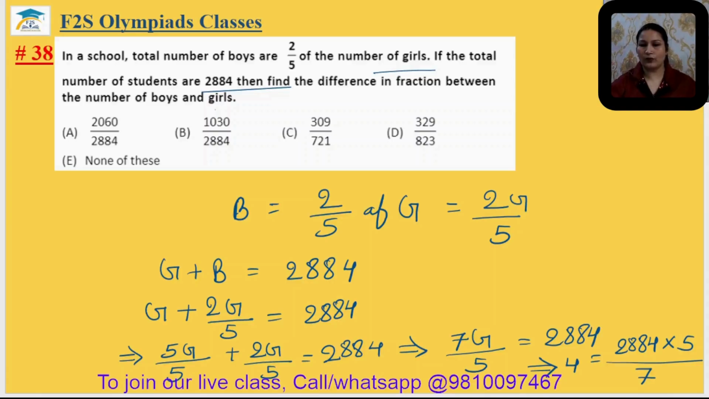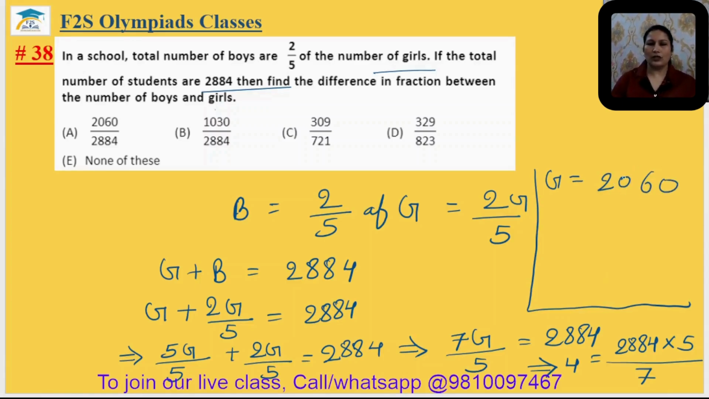So if you just multiply 2884 with 5, you will get 14,420, and then divide by 7, so you will get 2060. So I am writing here now G equal to 2060. ठीक है, तो boy should be 2 by 5 of